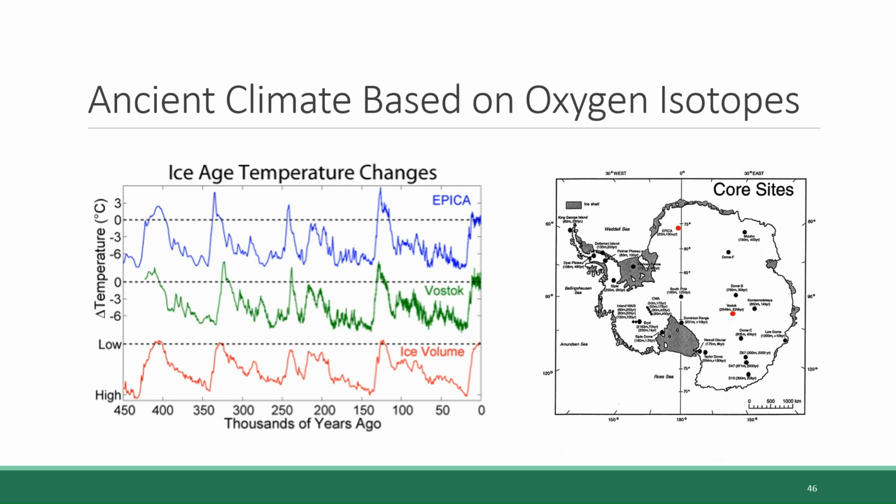There's also the red line, which is the volume of ice. And for this one, if you look at the labels on the vertical y-axis, low ice volume is actually represented on the top, and high volume of ice is on the bottom. So you can see how, as the global temperature goes up, as seen in the oxygen isotope data, the amount of ice is lower because it's warmer and not as much ice forms during that period. And so the volume of ice undulates in rhythm with the temperature of the planet.